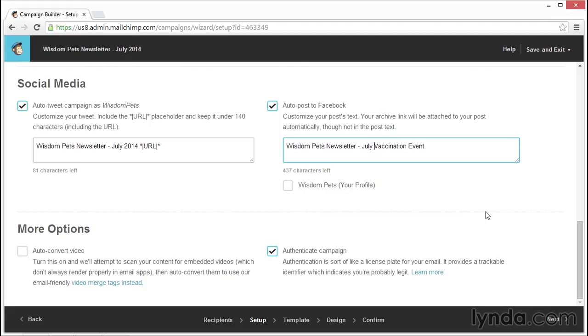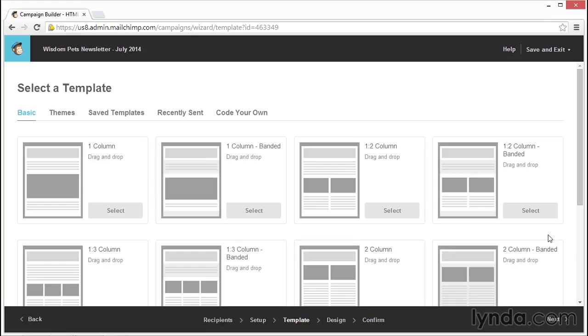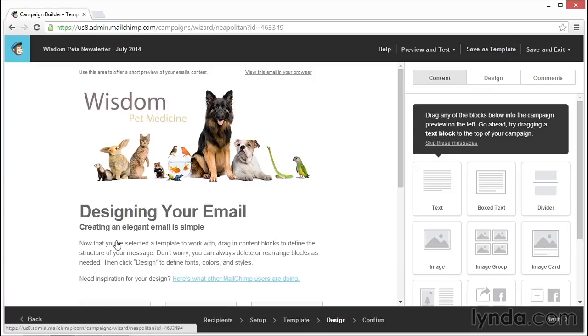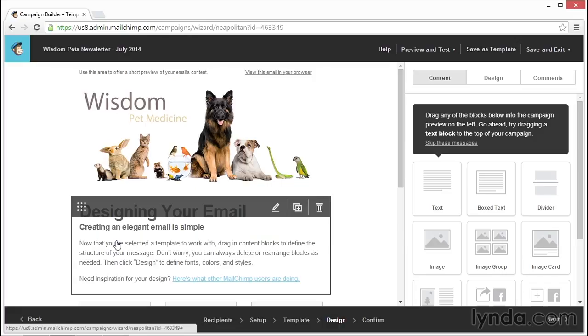In the last video, we set up the campaign, and now we'll move on to selecting the template for our campaign. Since we spent time creating a branded newsletter template, we're going to select that option from the saved templates. Our template loads, and you'll notice that we can add design element blocks to change things up for this particular version of the newsletter. So while a template gives you a starting place, it is just that, a starting place